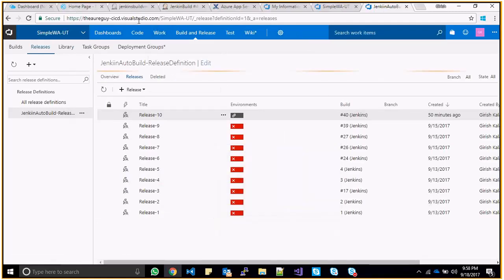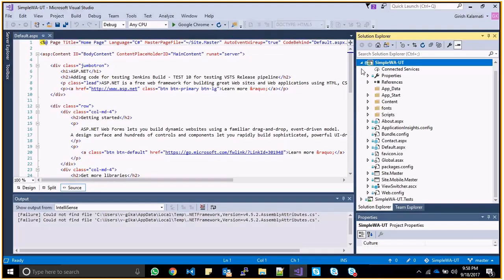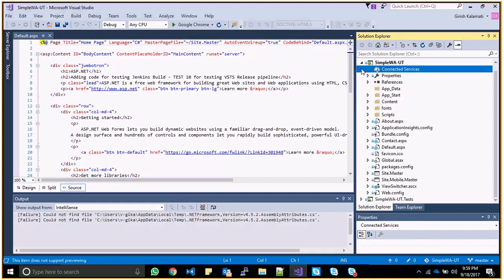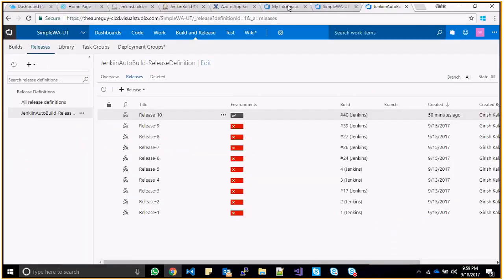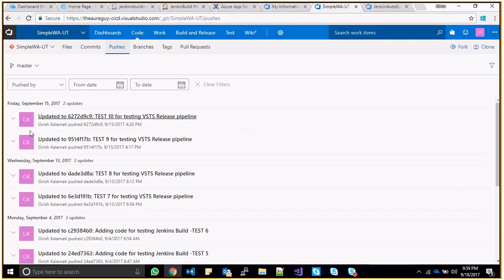So what we're going to discuss is pushing code from VSTS. We'll call this particular application simple WUT. It's a simple ASP.NET web app. Each and every developer would be pushing this particular code into a VSTS account. Our VSTS account is this one, which we, the Azure guys, have created: cicd.visualstudio.com, and this is a project which is there. We have already checked in, and we can see the project, and our pushes would be shown up here in